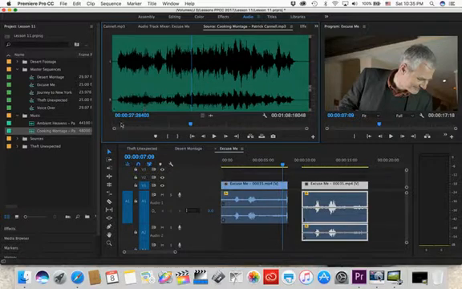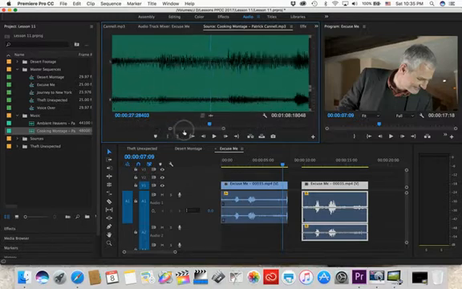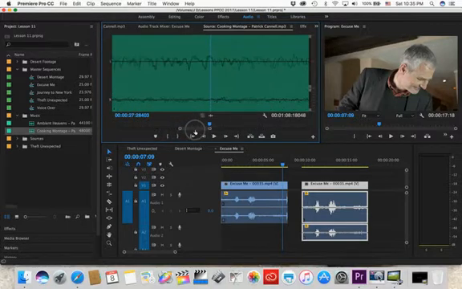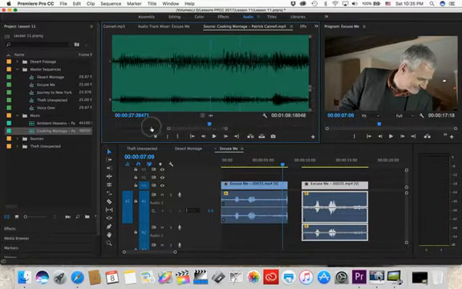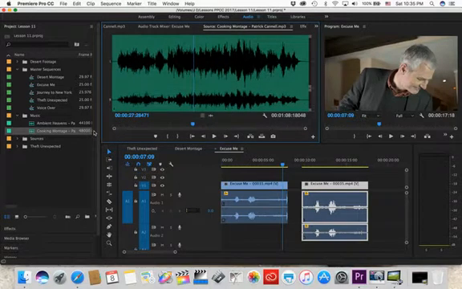And if I move these little arrows in and blow this up, I can get down to actually what we call the sample rate. That is one sampling. Right here, that's another sampling. That's another snapshot. Right, so I can get actually right down to the sample rate. So if I have a click or a pop in here, I can actually go into the sample rate and manually take those out. But these programs also have